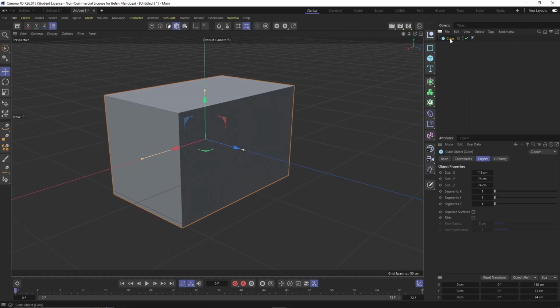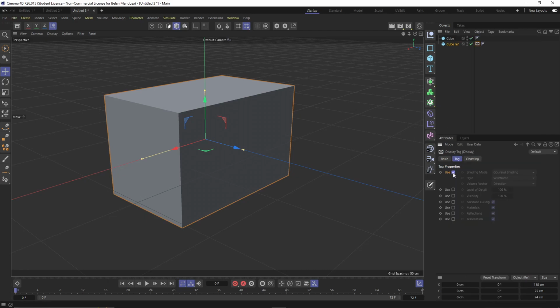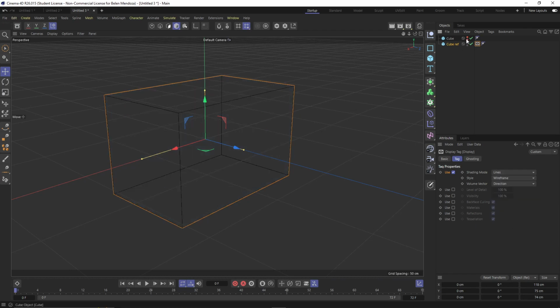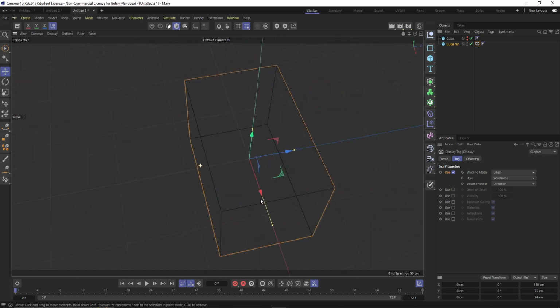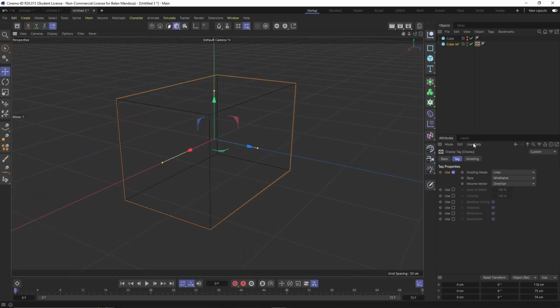table. And I'm going to make a copy of this, and I'm going to call this cube reference. And I'm going to right click and go render tag display, and I'm going to use this to change it to look like lines. And the reason for that is so that I can have this nice little outline of what my reference size